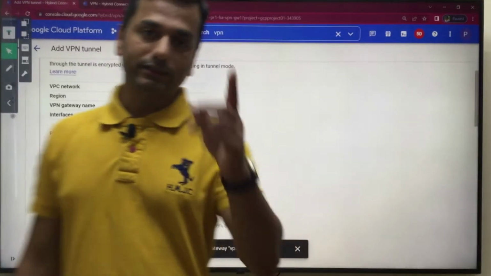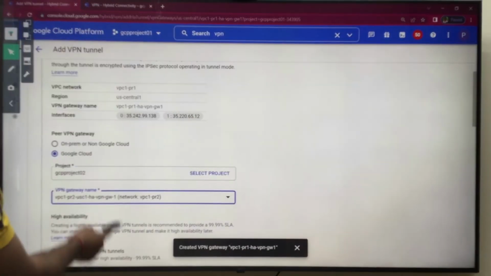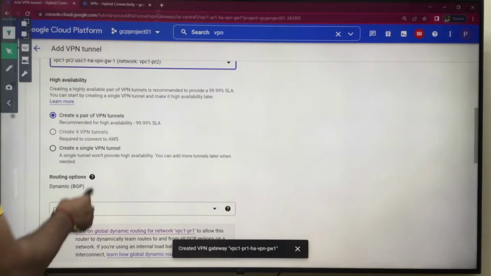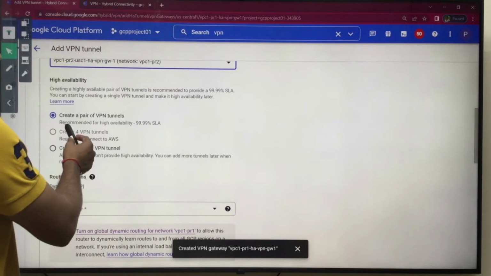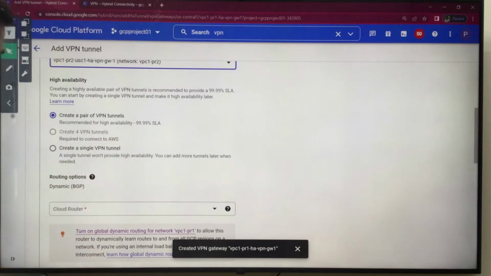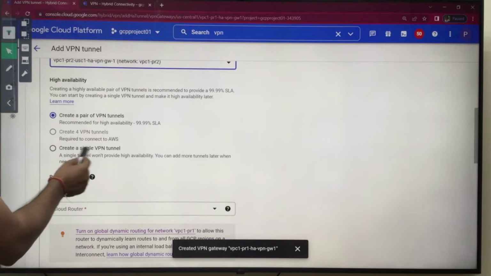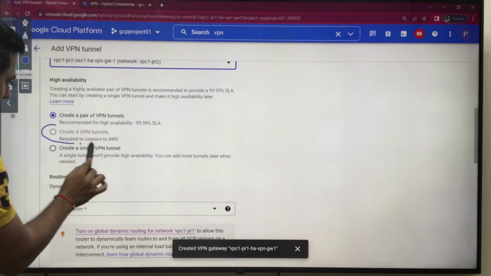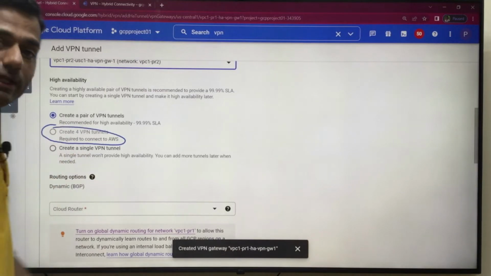Now the wizard is asking about high availability. Do you want to go with the pair of VPN tunnels, or the single VPN tunnel? This configuration is unhighlighted because it is very specific to AWS.